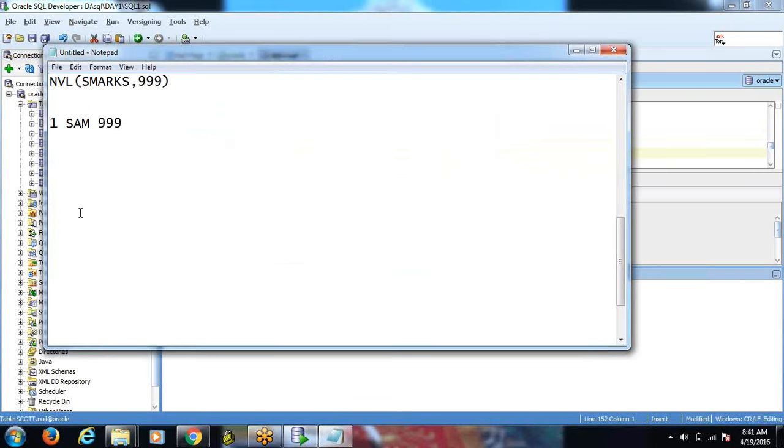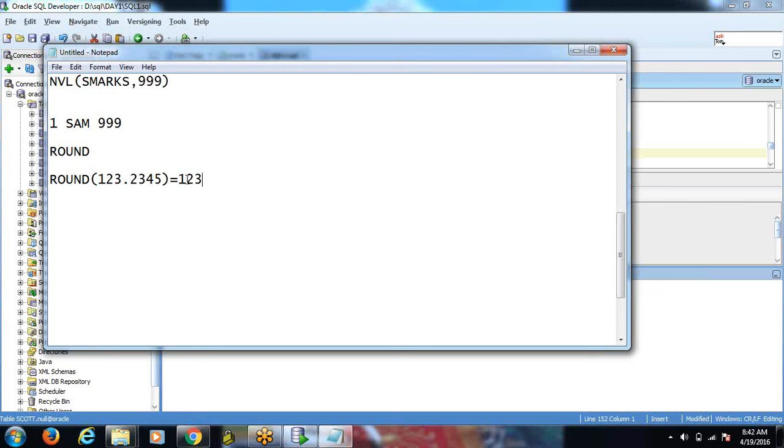Okay, what is the next function is, we are going to discuss about the round function. What exactly this round function is, suppose when I am doing the round value, for example, round of 123 comma 2 3 4 5, like this I am doing. What will be the output? 1 2 3. That means after the point, the value is not 0.5. That's why it is getting the 123 value.